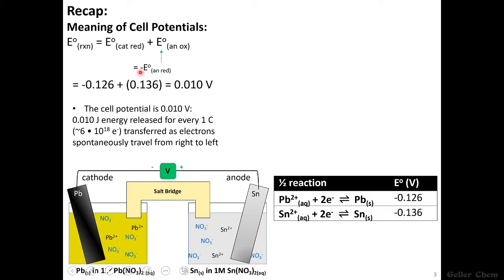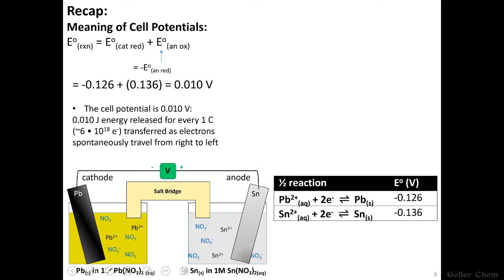In other words, it's just the negative of its reduction potential. And so when I add the two numbers together, I do get an overall positive and thus favorable voltage of 0.010. And so that means that the cell releases 0.010 joules of energy for every coulomb of charge that's transferred from anode to cathode. That corresponds to about 6 times 10 to the 18th electrons having to move from here